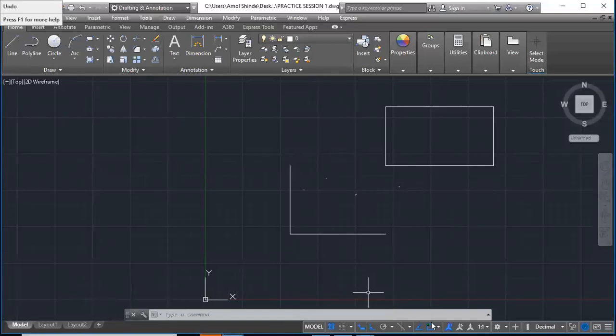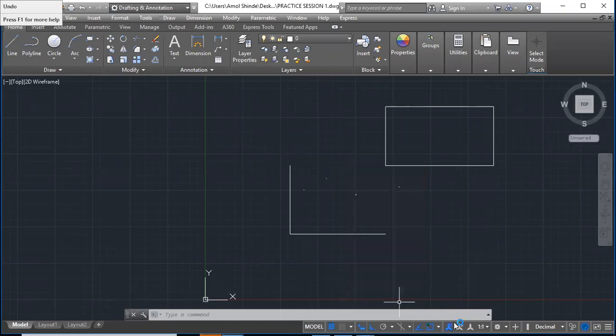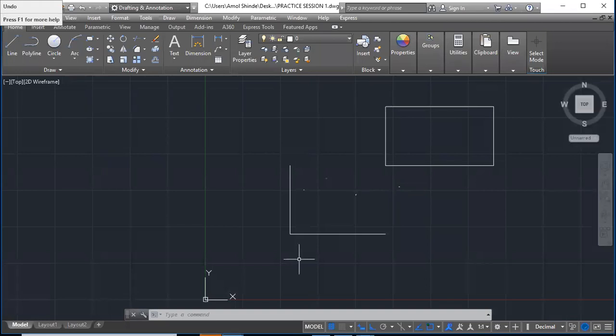Then you have to turn on this object snap as well, and you have to select all the options from the object snap except this nearest option. Then you have to set the scale as 1:1 for natural scale. You can call the options from the customization to the status bar. Okay, that's it for the settings.